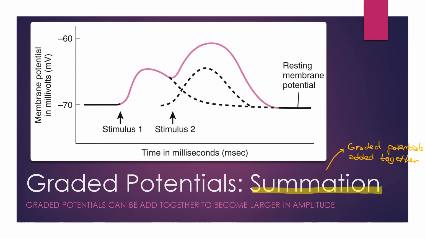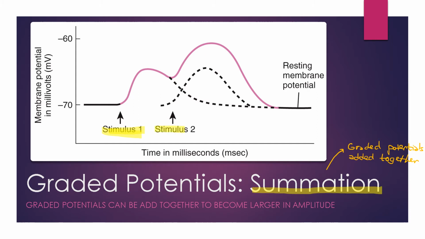So if two depolarizing graded potentials will summate, the net result is a larger depolarizing potential. So we could actually see this with this graph up above here. So we have stimulus 1, which is a depolarizing stimulus, which causes a depolarizing graded potential. And if it was just that stimulus, it would continue down and die out over time and over distance as well. But if we get a second stimulus